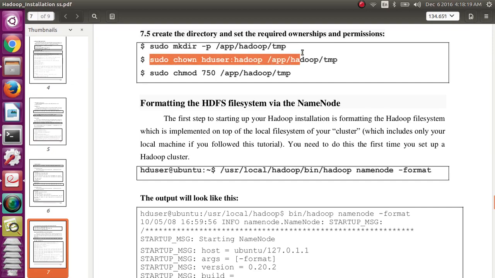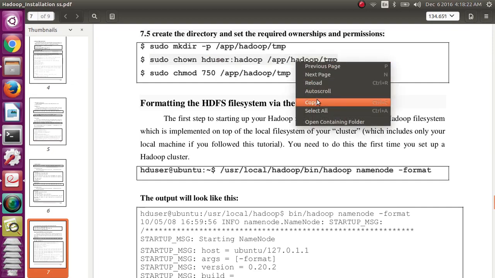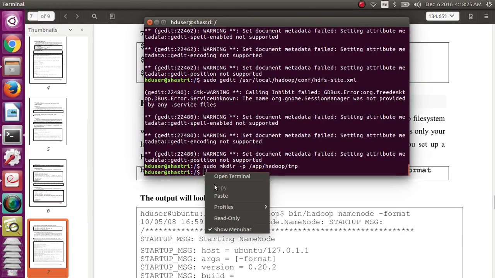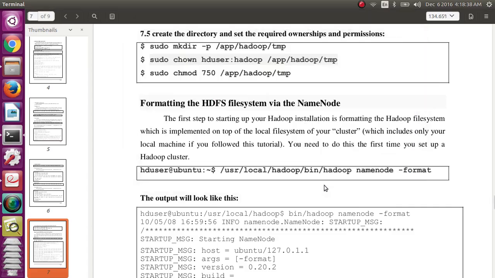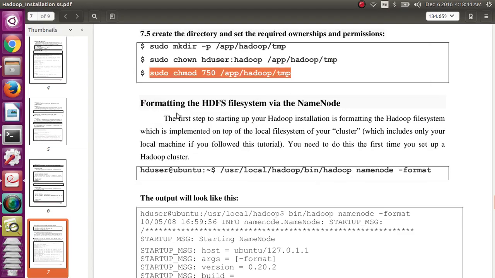Next, assign the HD user super user permissions to this tmp directory. So change ownership: from this command we are assigning the permissions for the tmp directory that are necessary for HDFS for Hadoop running. And chmod 750: 7 means read, write, execute for the owner, 5 means read and execute for the group, and 0 means no permissions for others.